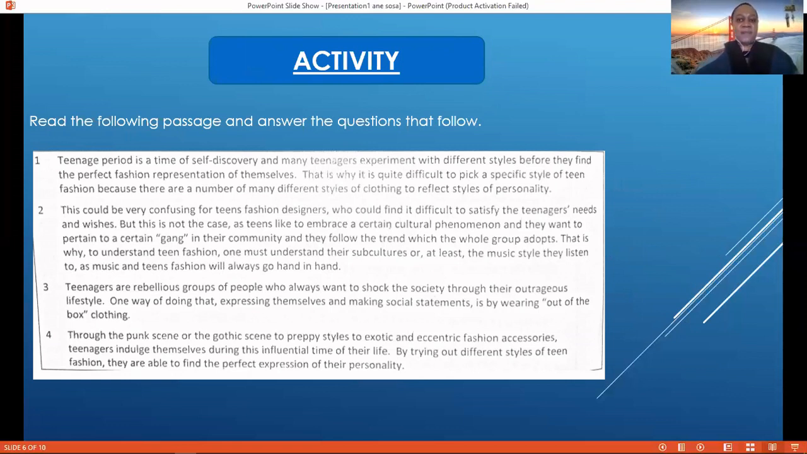Teenage period is a time of self-discovery, and many teenagers experiment with different styles before they find the perfect fashion representation of themselves. That is why it is quite difficult to pick a specific style of teen fashion, because there are a number of many different styles of clothing to reflect styles of personality. This could be very confusing for teen fashion designers who find it difficult to satisfy the teenagers' needs